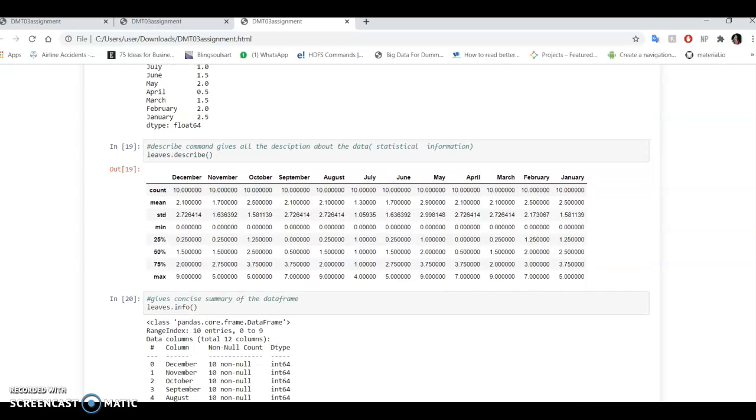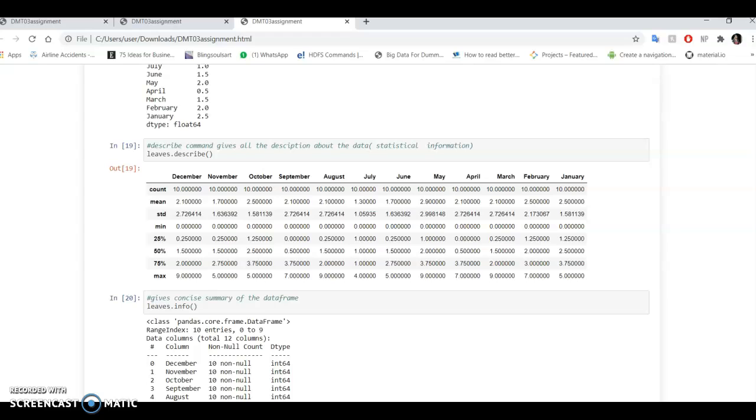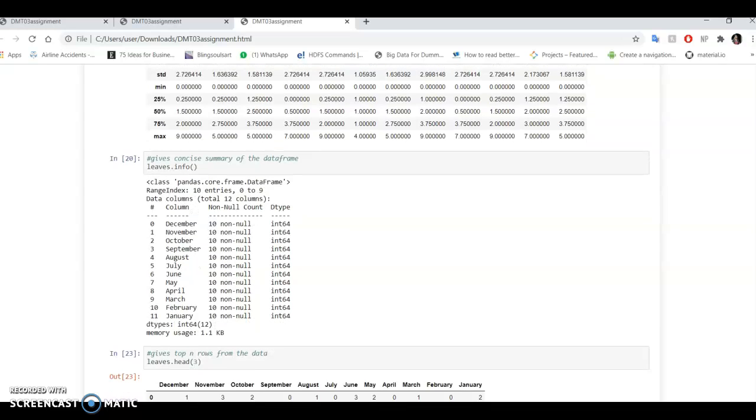Next, I have used the describe command. This describe command basically gives the statistical information about our data frame. So it gives the count, mean, standard deviation, minimum, maximum values, etc. Next, I have used the info command to get the basic summary of my data, and it shows it has data type as int64, 0 to 9, basically 10 entries, and 10 non-null values